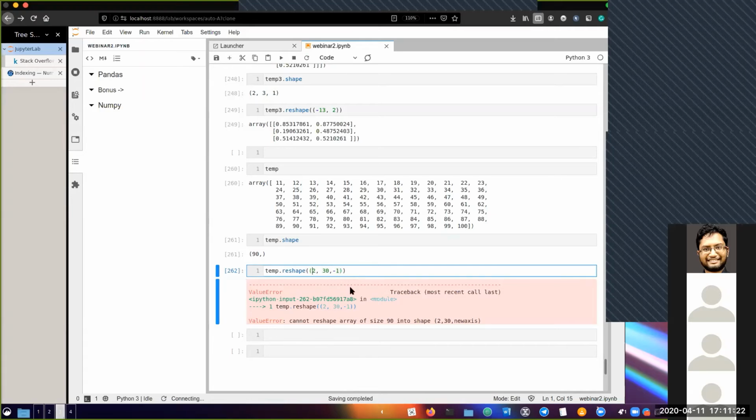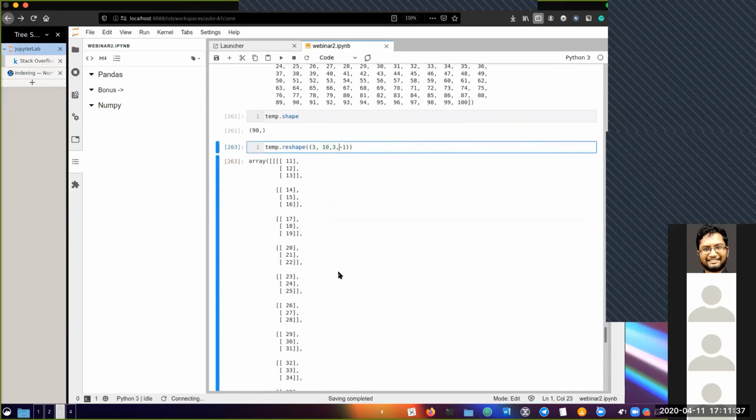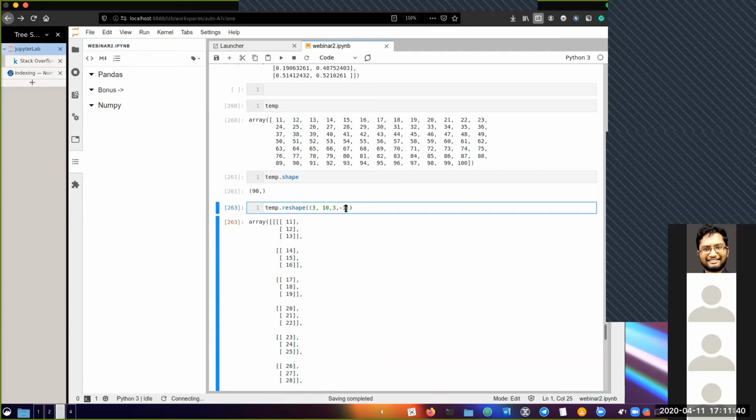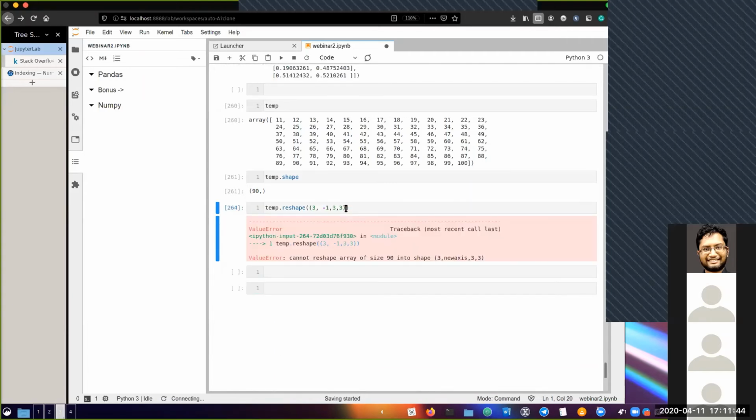It's very simple, nothing much to it. It can automatically infer any one dimension. So if I want to make it into some other dimension, say I take 3, 10, comma 3 again. If you see, I don't have to write the last element. Similarly, if I make this 3, I can make this 1.